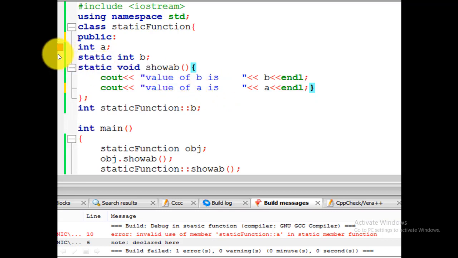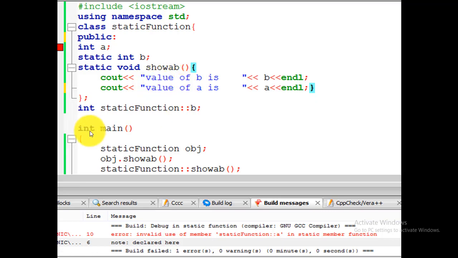Then it generates an error: invalid use of member a in static member function. It means that a is a non-static variable and we are not allowed to use a non-static variable in a static function, right? So the first property, that a static function can only access static variables, is proved in this example.